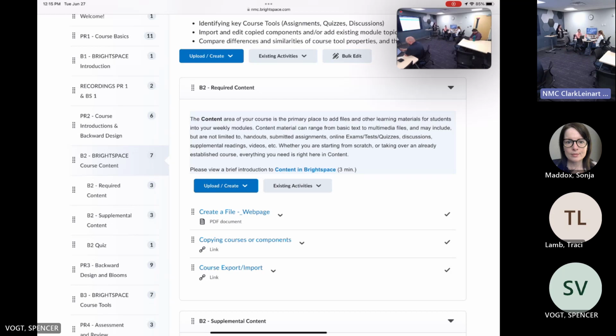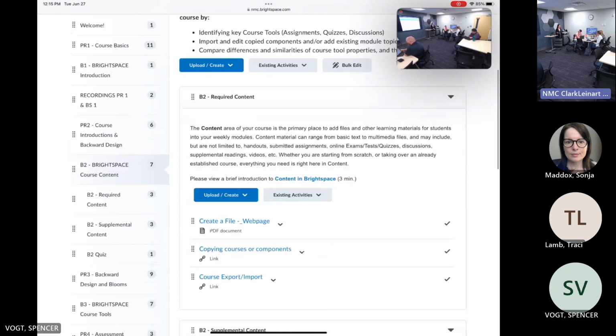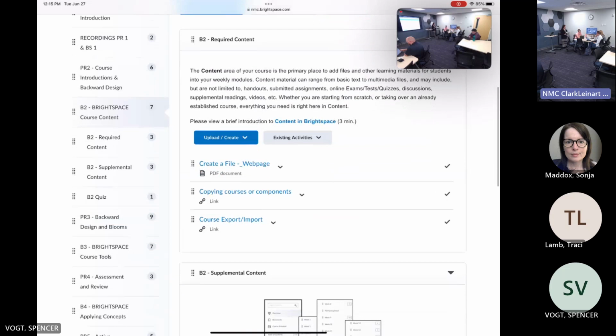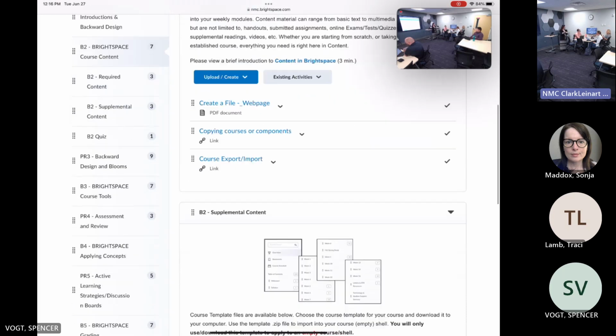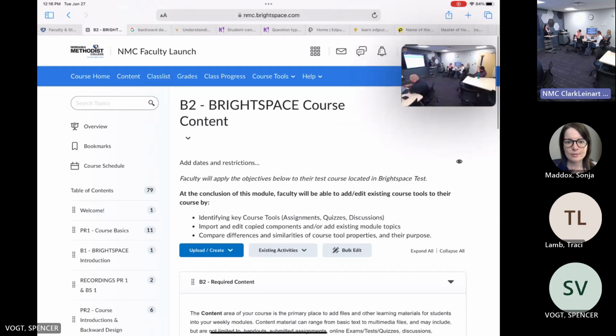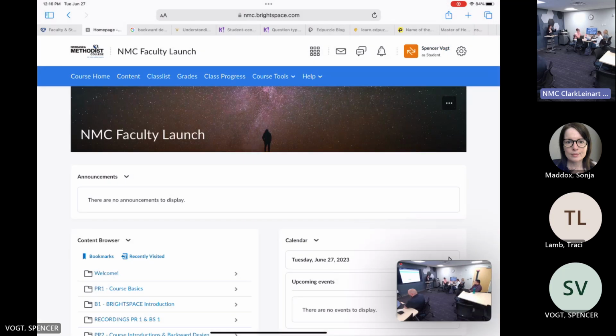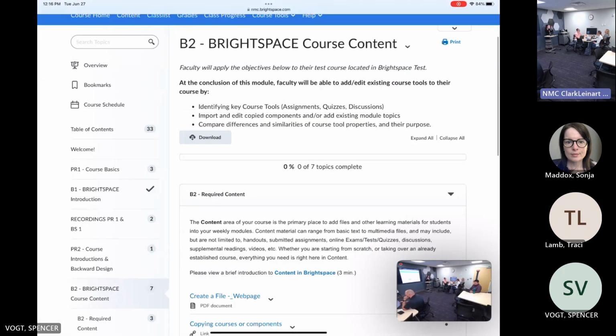Okay, so go to the blue bar and we're gonna click on content. And since this is a sandbox that we're playing in, it's not gonna matter, just pick any week that you want. Actually, I'm gonna go ahead and go to the overview, because I think it's a missed opportunity not to use your overview as a place to put your overall course outcomes. You'll have your weekly learning objectives, but you could put your course outcomes up there so that they're always up there. That's also a good place to put your syllabus, even though there's usually a place in your welcome or in that first module, just so it's always up there.